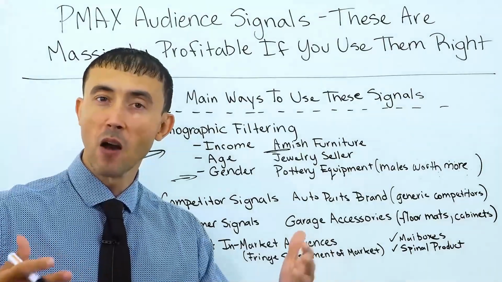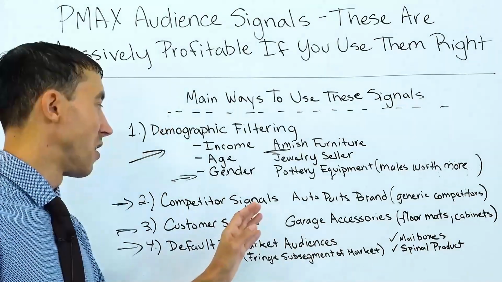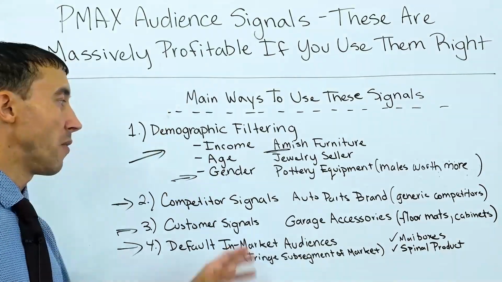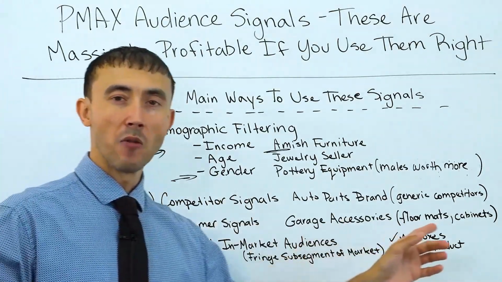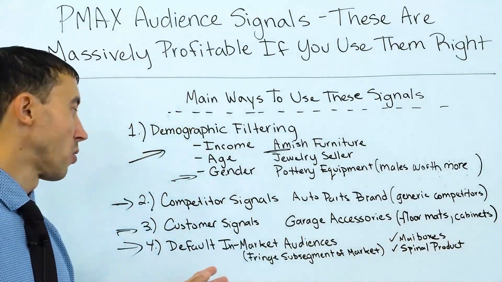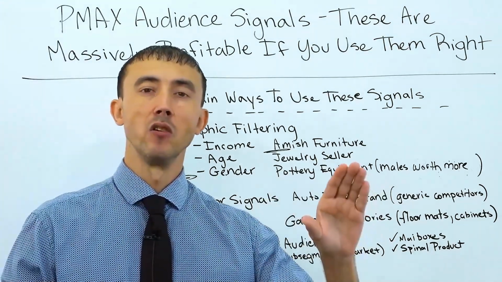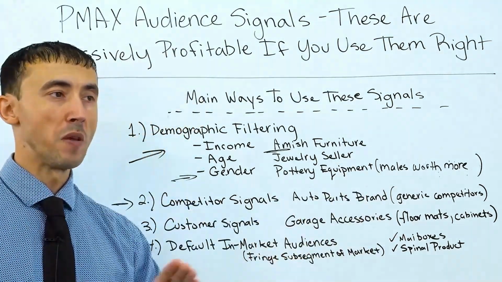Just by figuring out what to add as an audience signal, in-market audiences or affinity segments that you can add to your account. Anyway, that's what I was going to mention there as far as the so-called default in-market and affinity audiences, how that can play into audience signals that you add to your PMax campaigns